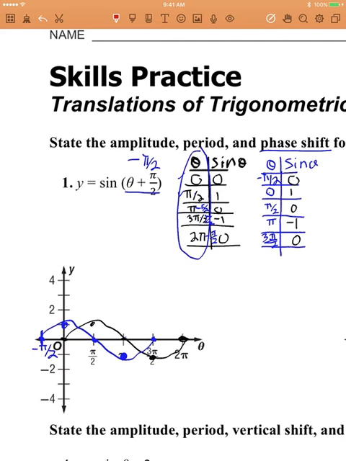And notice how every point from the original graph gets shifted over pi over 2 to become the new point. Every point gets shifted. It goes back, so minus pi over 2. And now we already know that the amplitude for all of these guys is going to be a equals 1. It's just going to be the number in front there. The period is always going to be 2 pi. And the phase shift we saw is negative